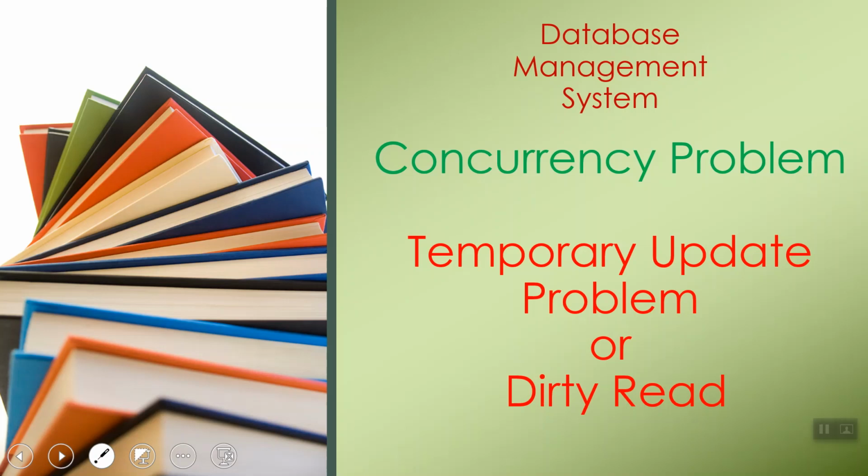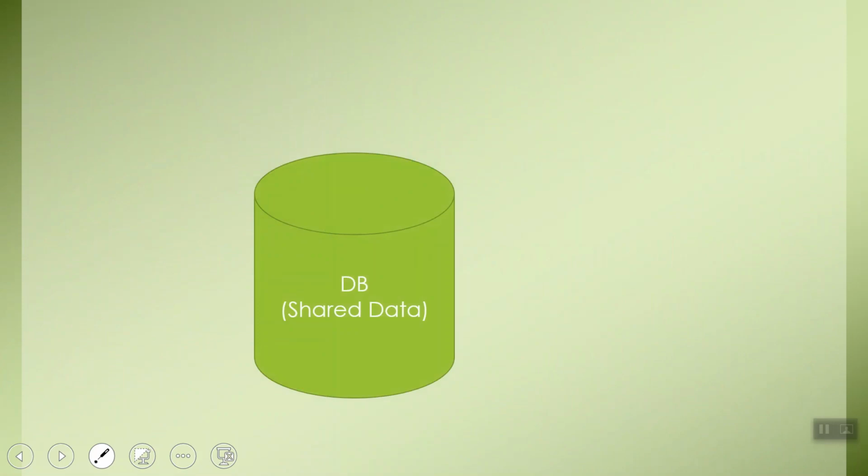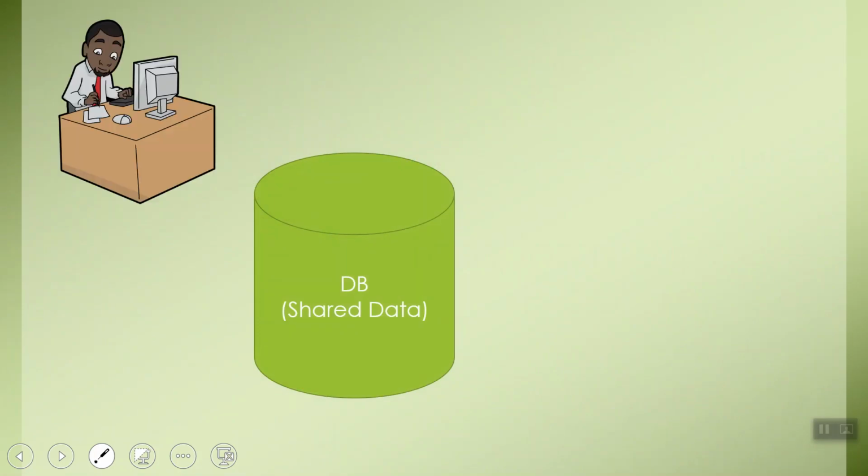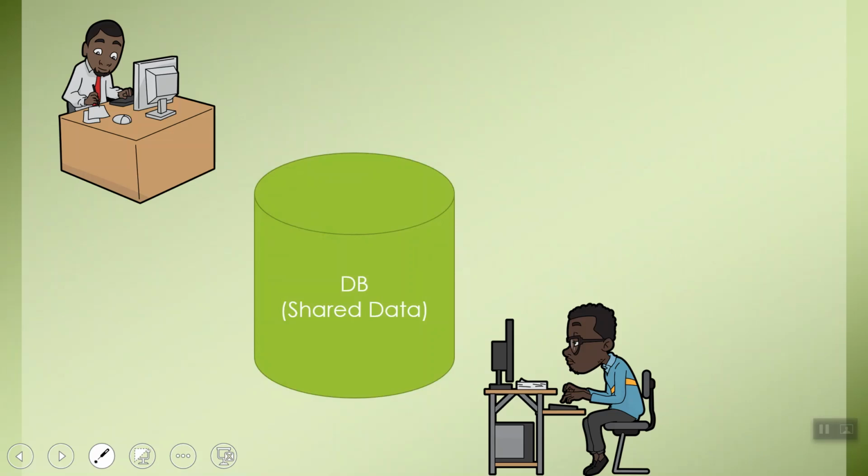Hello guys, in today's video we'll be seeing concurrency problem, and one of the concurrency problems is temporary update problem or dirty read problem, which we are going to see in detail in this video. So let's get started. Now, a major objective in developing a database is to enable many users to access data